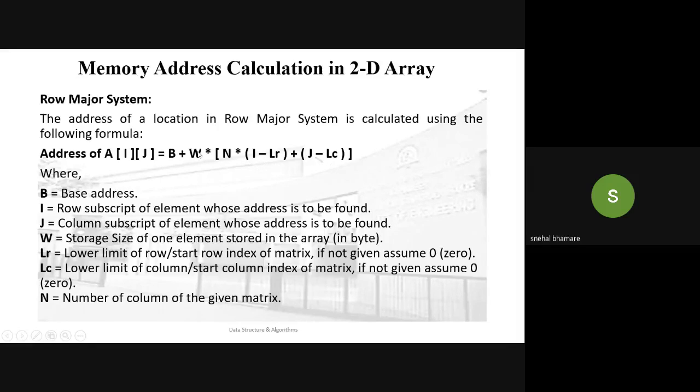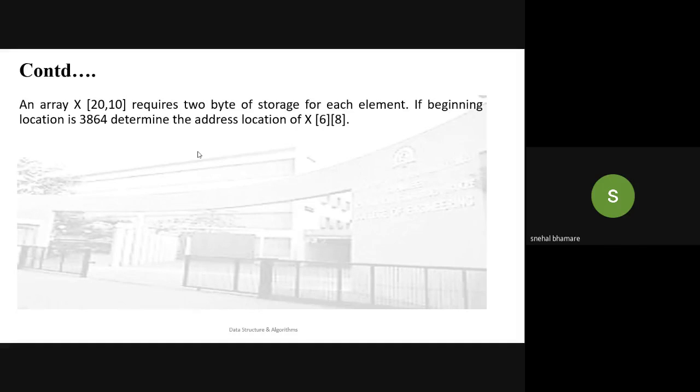For example, array X is taken whose size is 20 into 10. It requires 2 bytes of storage for each element. If the beginning address is 3864, determine the address location of the element X of 6,8.